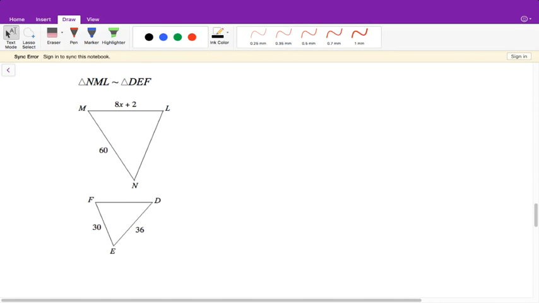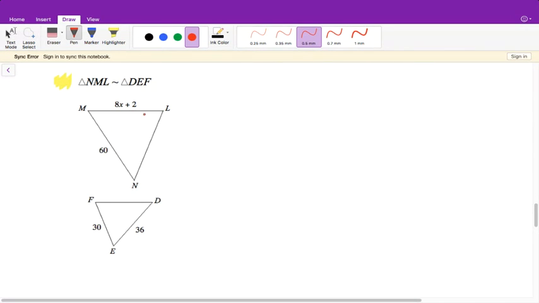All right, now for the next couple of questions, we're going to be solving for X. It's the exact same thing. All right, now remember, once we are getting the similarity statement, we are then going to use this. When the triangles are separated, we can't just look at them and say, okay, we're going to say that ML corresponds with FE. We have to go by the actual